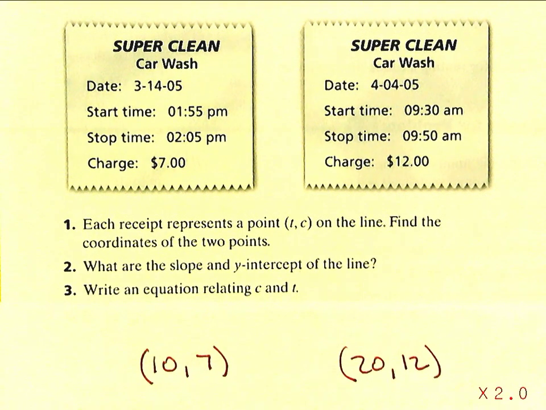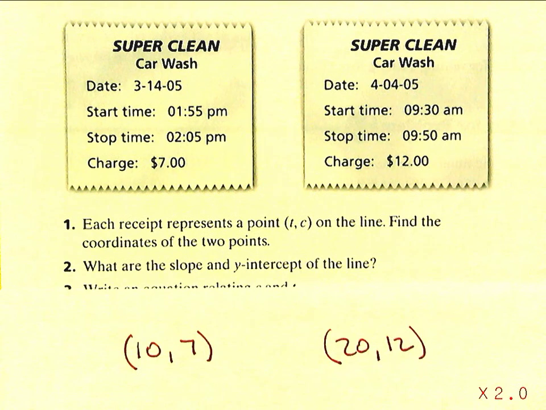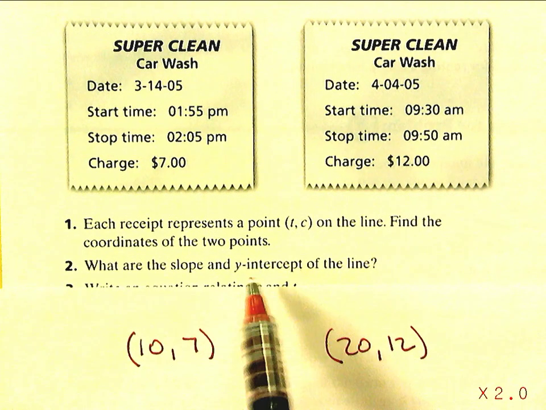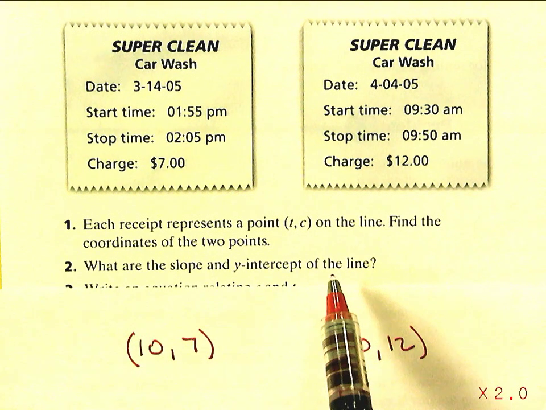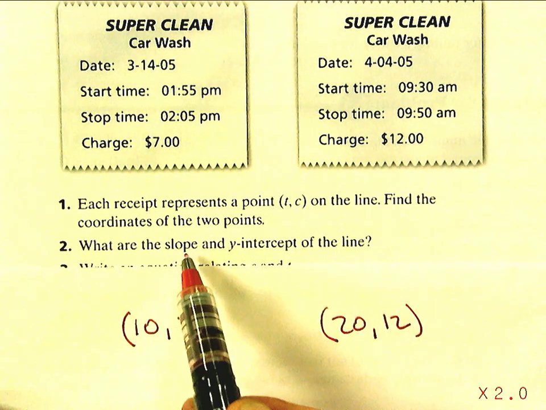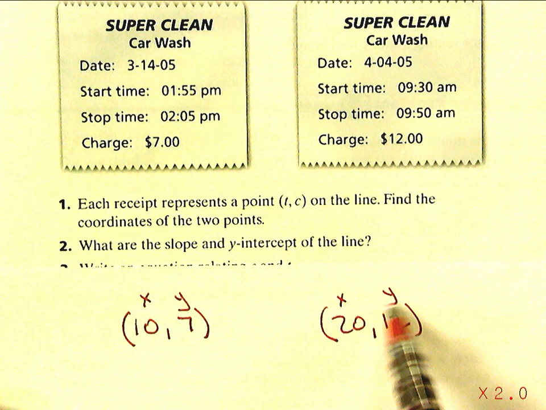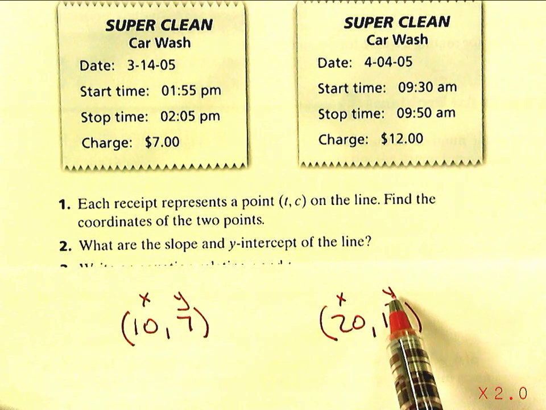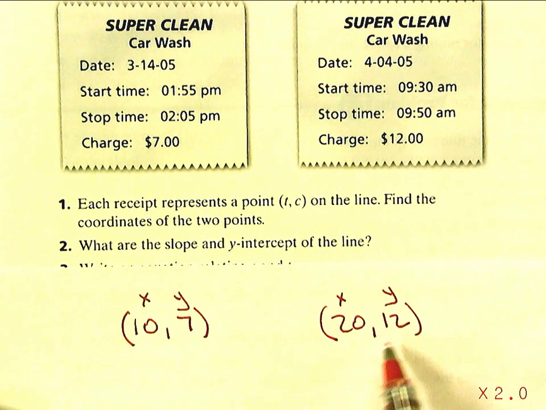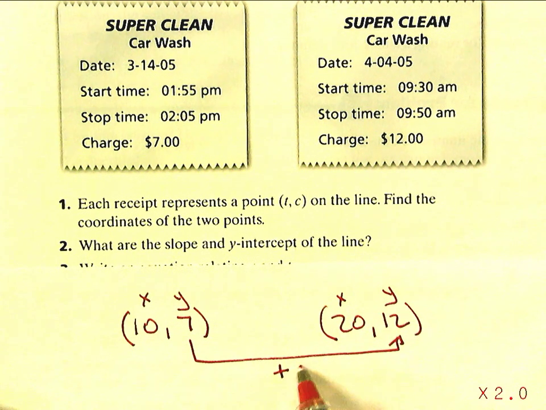but now we can just take these 2 points and use them to find the slope and the y-intercept of the line we're looking for, because anytime you're trying to find slope, you're trying to find the change in y, which in this case is 7 to 12. If I go from 7 to 12, going up on your graph, that's a change of 5 up,